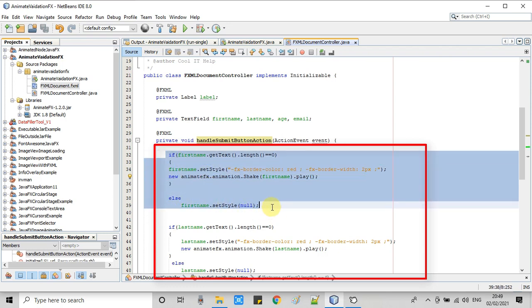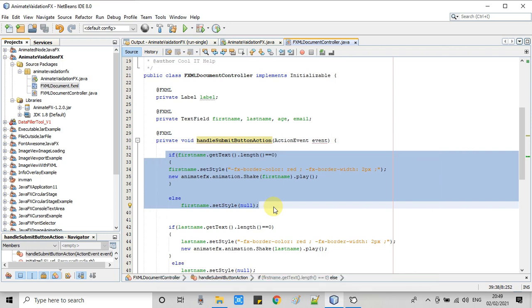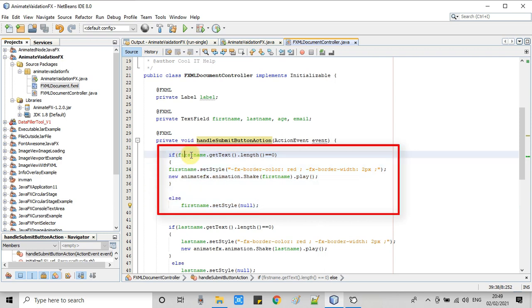Focus on these first lines of code, and the remaining things will be the same for the rest of the fields. In the first if condition, we are checking whether the input text length is equal to 0, which means the user has not entered something inside the text field, and we have to put a red border around the text field and shake it.